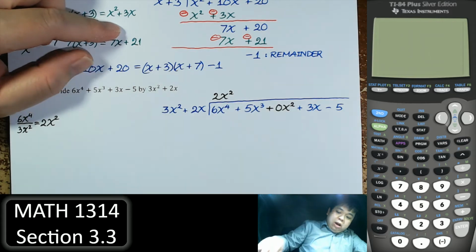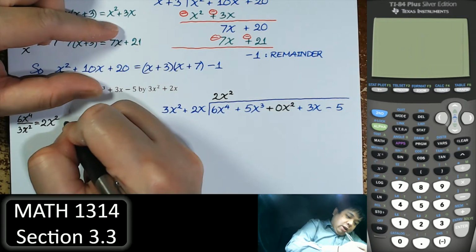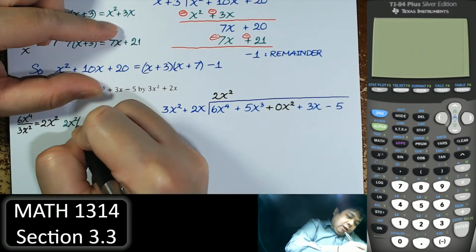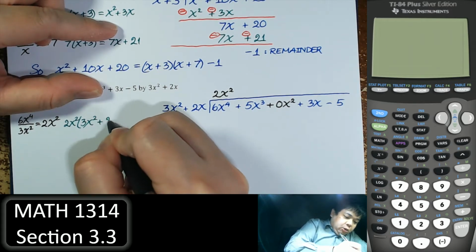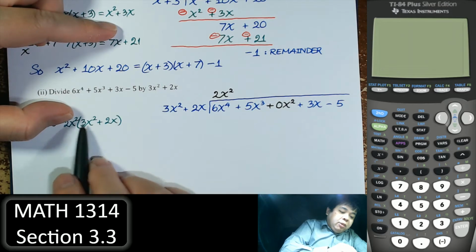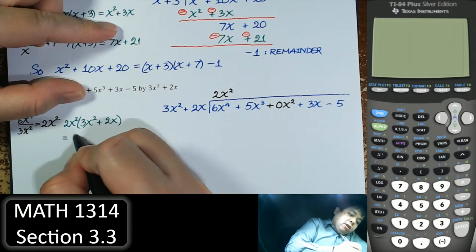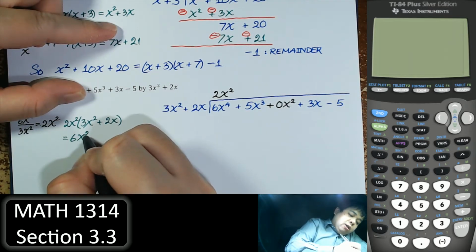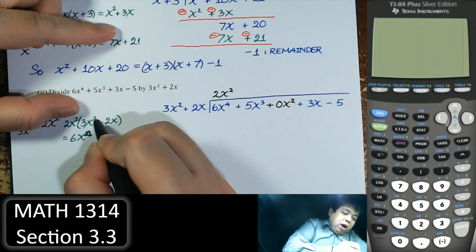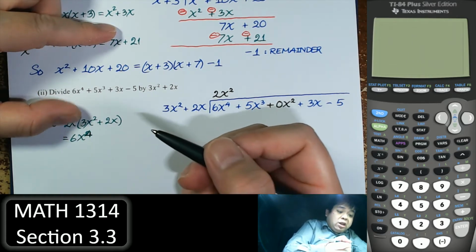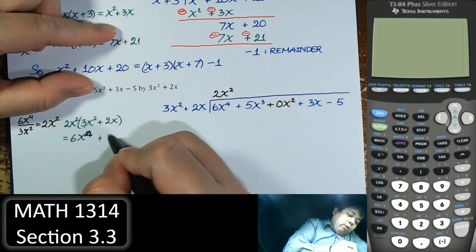And then we multiply back 2x squared times 3x squared plus 2x, right? That gives us 6x to the 4th, sorry. When we multiply, we add the exponents, x squared times x squared is x to the 4th, and then plus 4x